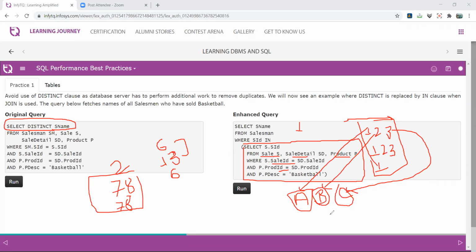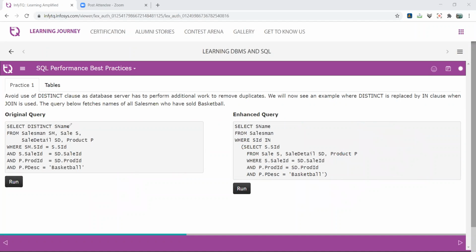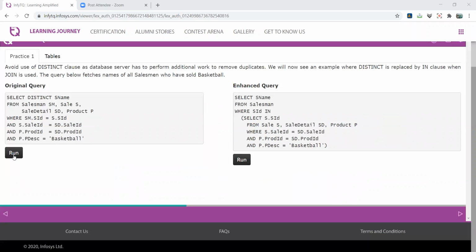So this takes minimum time in comparison to the earlier query, because there is no additional comparison for the DISTINCT purpose, right? So this query is more efficient than the previous one. Now we run this query so you can easily judge it. It takes a little bit of time.